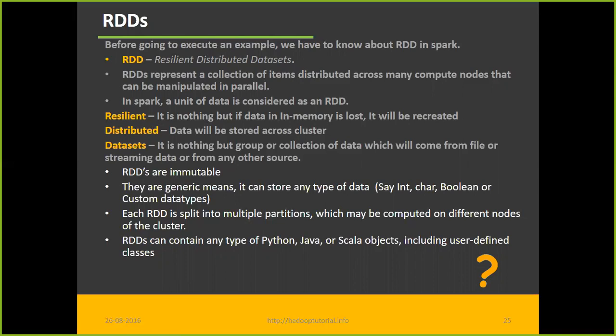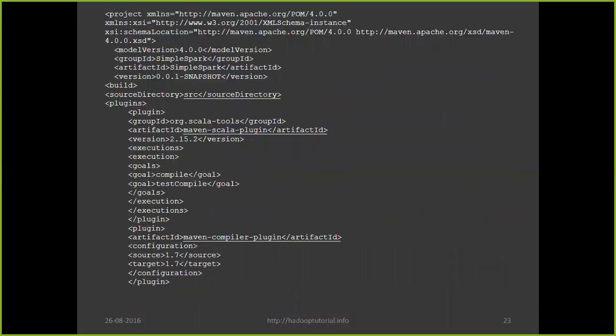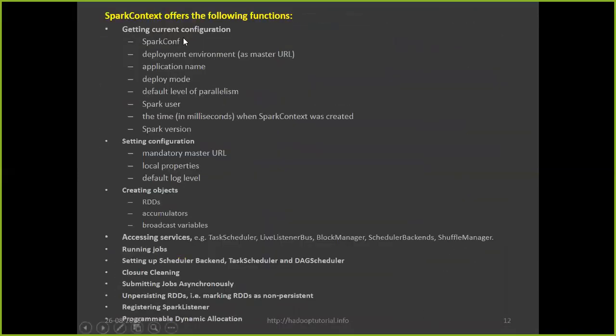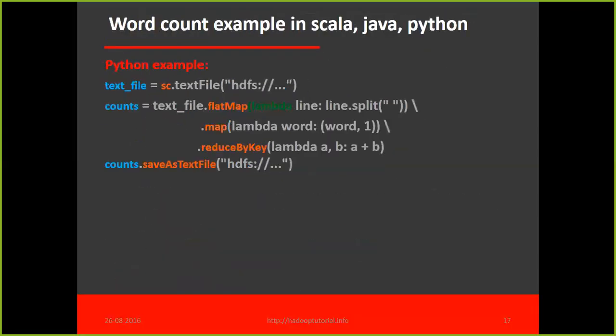So on Spark context, once you get the Spark context, what all things can you do? Setting configuration, getting configuration, and creating objects. Setting configuration, getting configurations, we have seen, right? These things we know with the get method, and this is for the set method. Now let's see the remaining services. It may not be in the same sequence, but you will get to know all other things that we can do with the Spark context. So the next topic is RDDs.